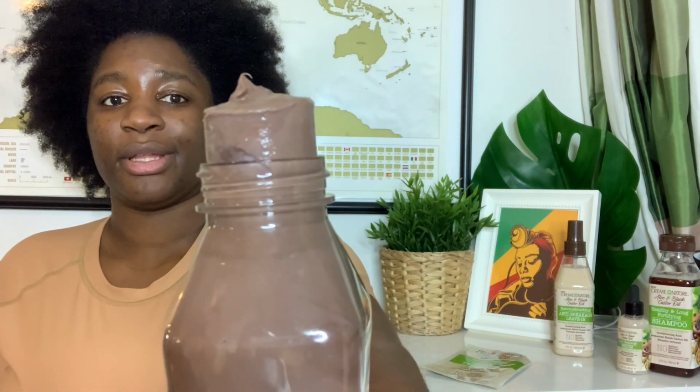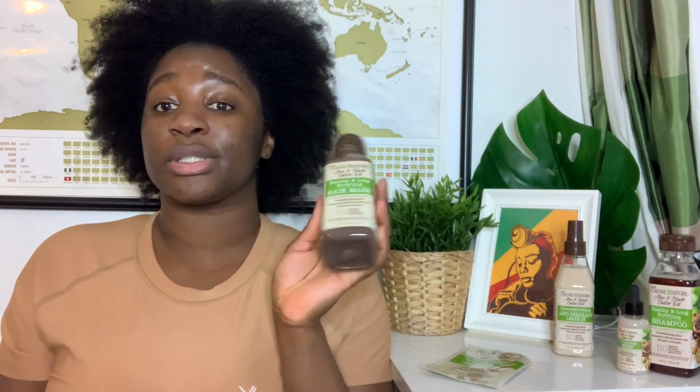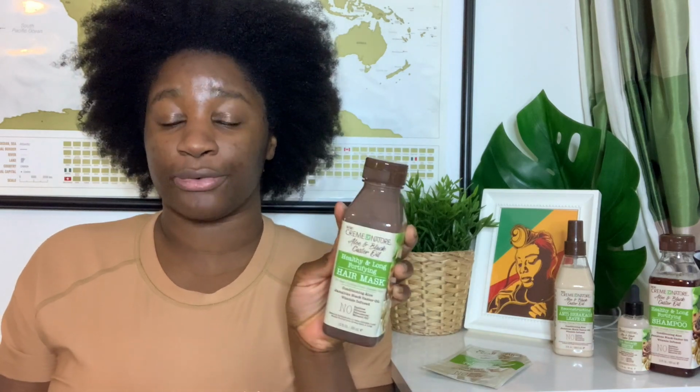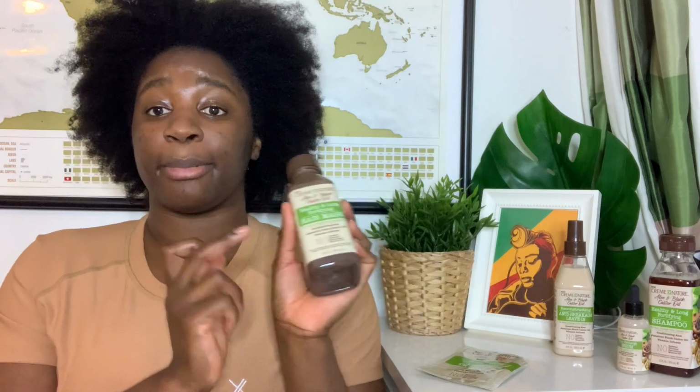Oh, so what I actually should have done, which I just realized now, was take off the cap and just squeeze it out. But I want you to see just how thick it is. Look how thick it is. I'm still squeezing. By the way, you only have to leave this in for like 3 minutes. So this is partly why I hadn't shown you on camera, because it was so quick. I applied this straight away, and by the time I finished showering, I was able to rinse this out, and